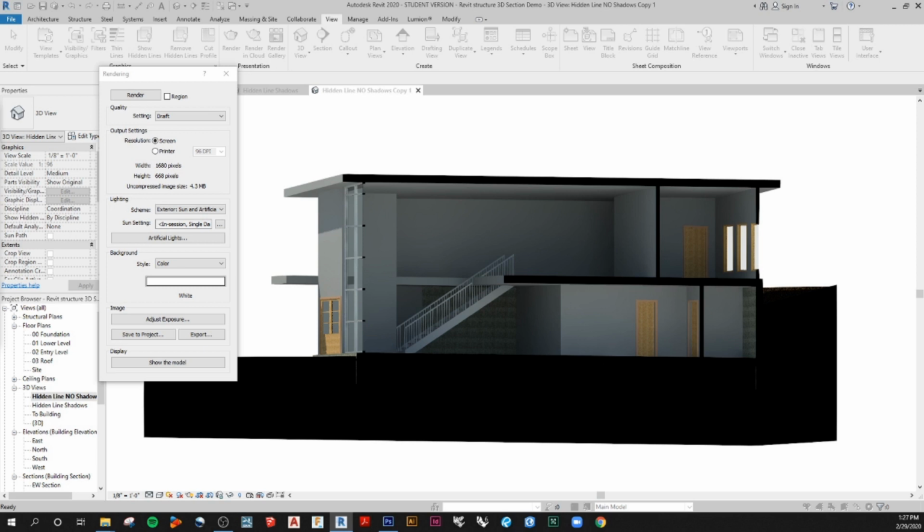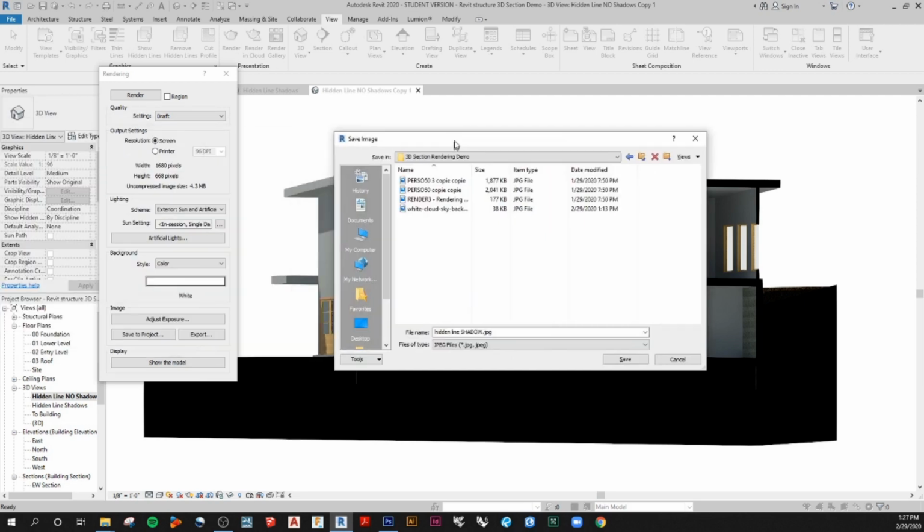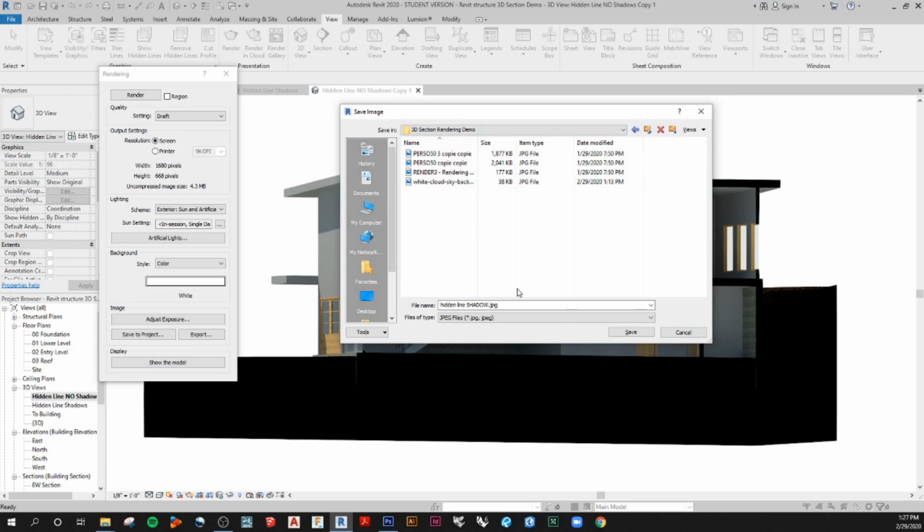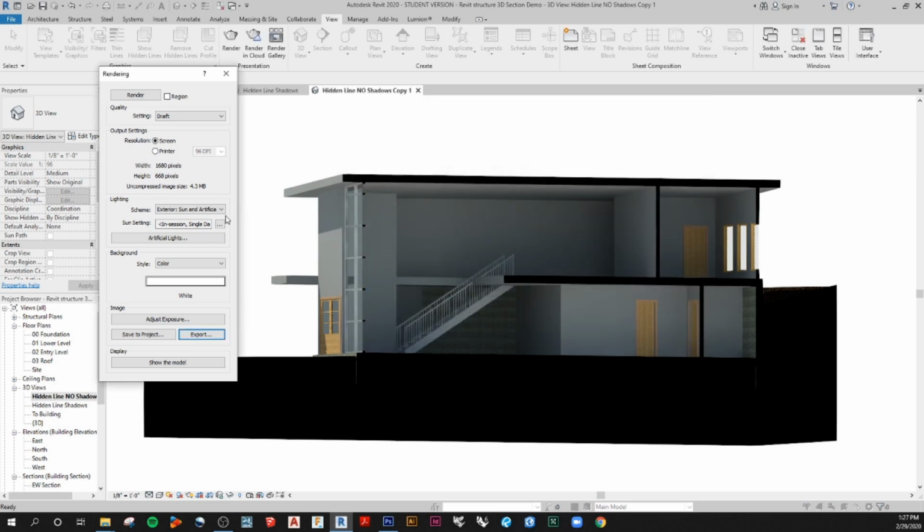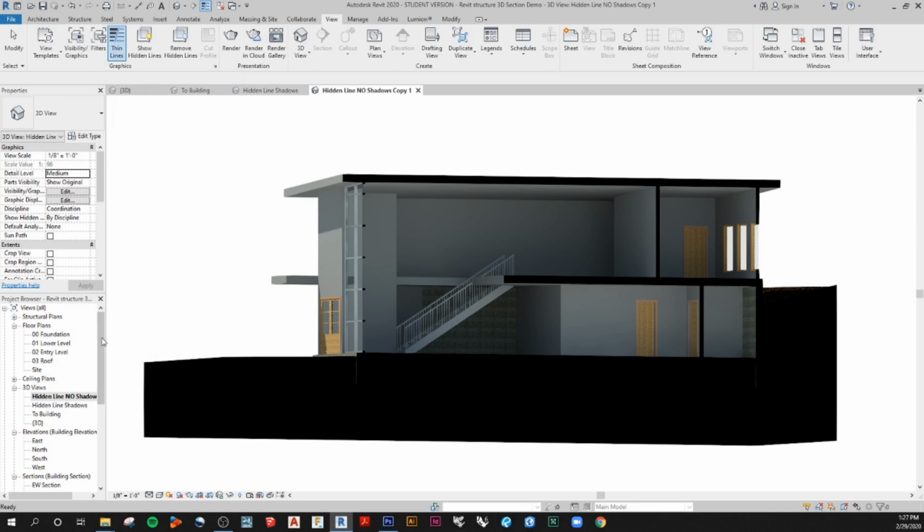And let's see. All right, so I have an area I can save it to here, and this was my 3D section render, and say save. And now I'm going to X out of this. I'm going to do the same thing with the other views. So I'm going to go to my